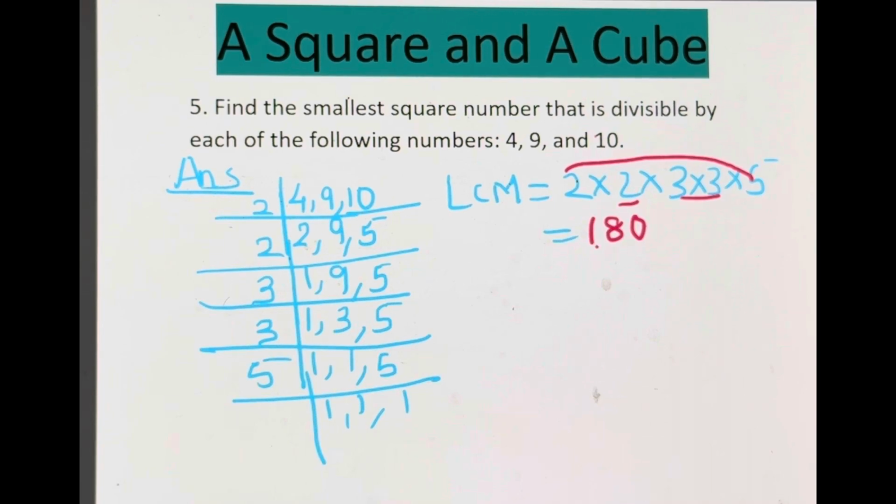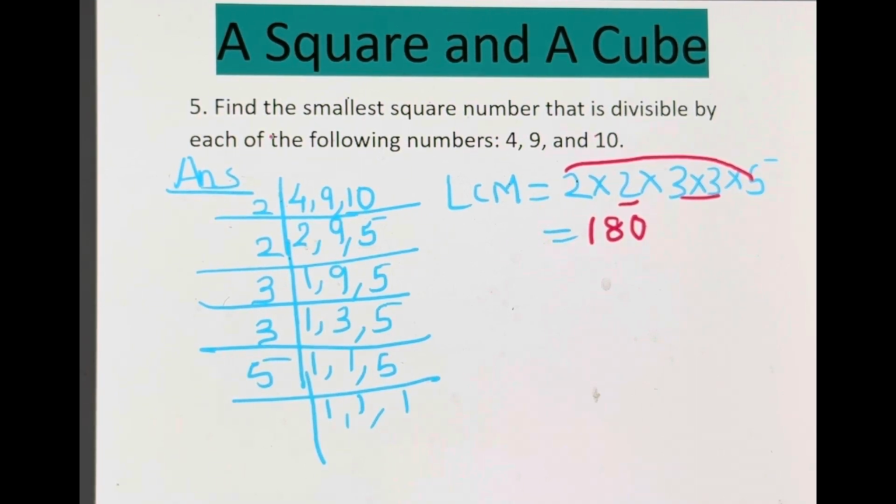Right? If you go in sequence, 2 2s are 4, 4 3s are 12, 12 3s are 36, then you will have to multiply 36 by 5. So whenever there is 5 and 2, make a combination, it would be easier for you to multiply. So now you got 180.